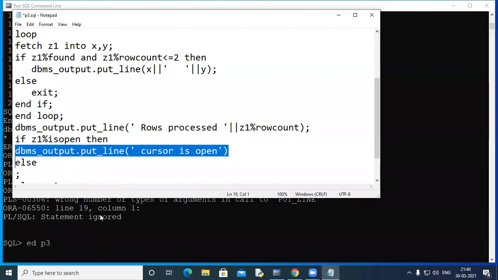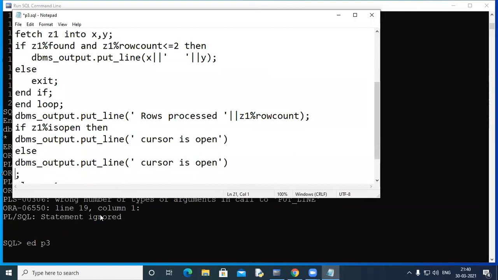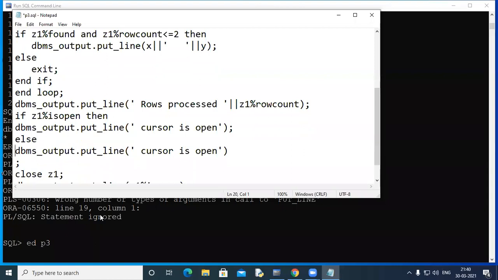Else we can say cursor is not open. Okay, so here we have not closed the cursor at this point.